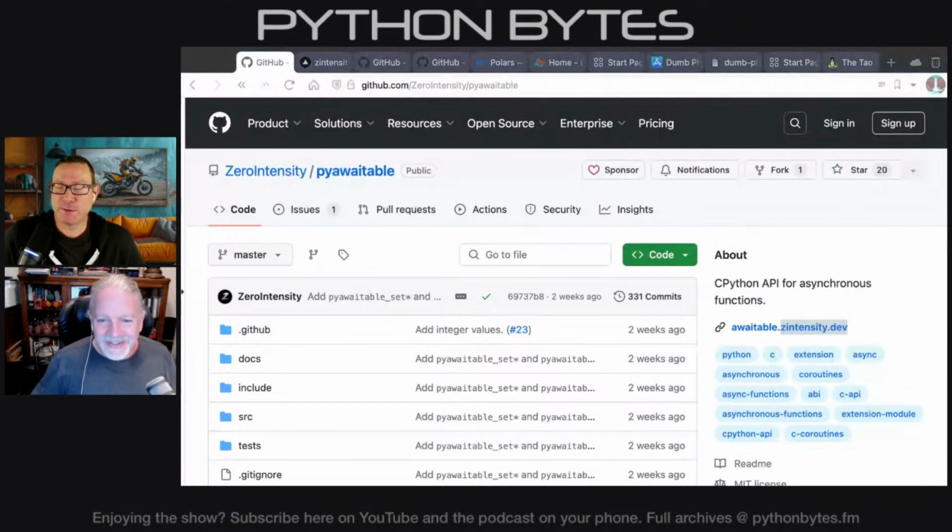So PyAwaitable, this is something I feel like probably not a ton of people are going to be using, but the concurrency models in Python are only increasing. The use of async and await is only increasing, and people writing code in C and Rust and other languages to basically create lower level, faster bits is increasing.